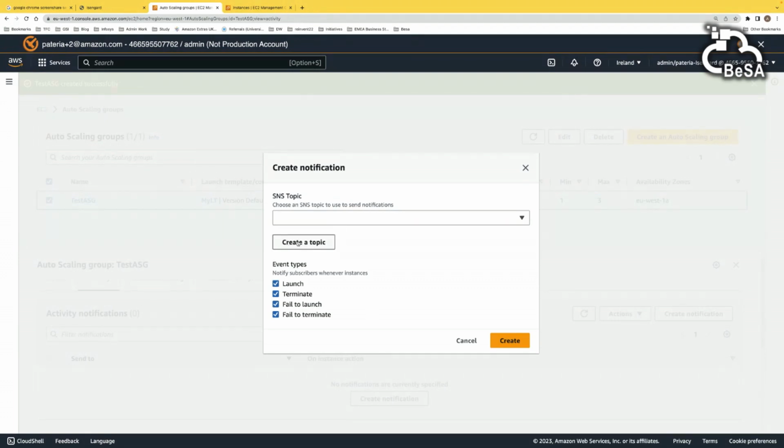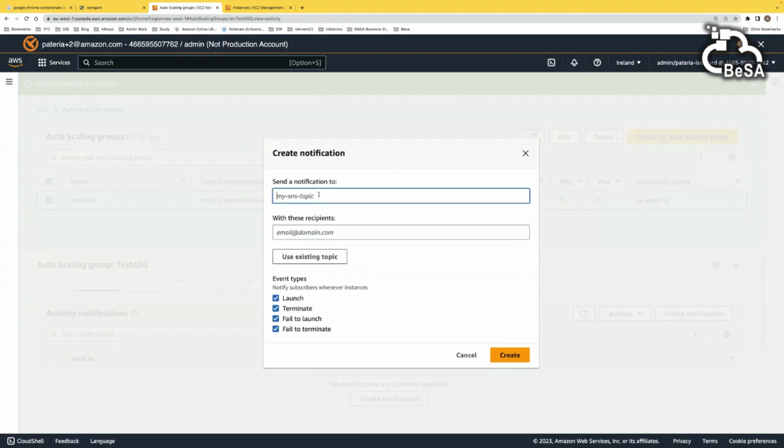I'm not sure if you know about SNS, but SNS is a simple notification service from AWS. I hope you know. So here you can create a notification service that says auto scaling event triggered.